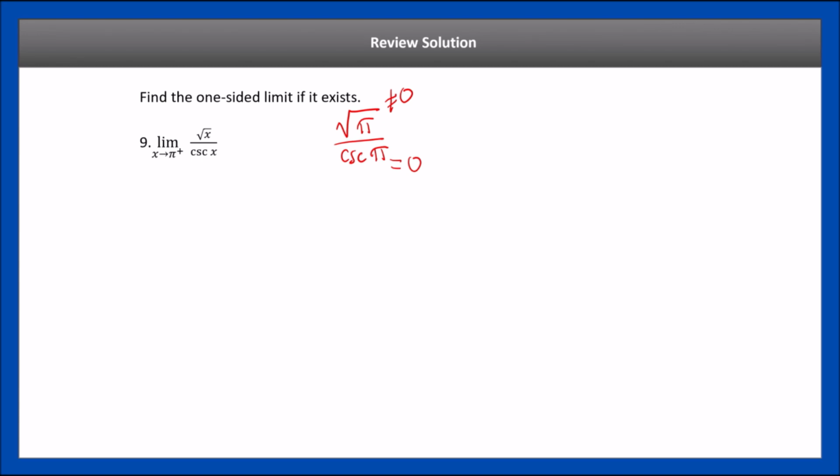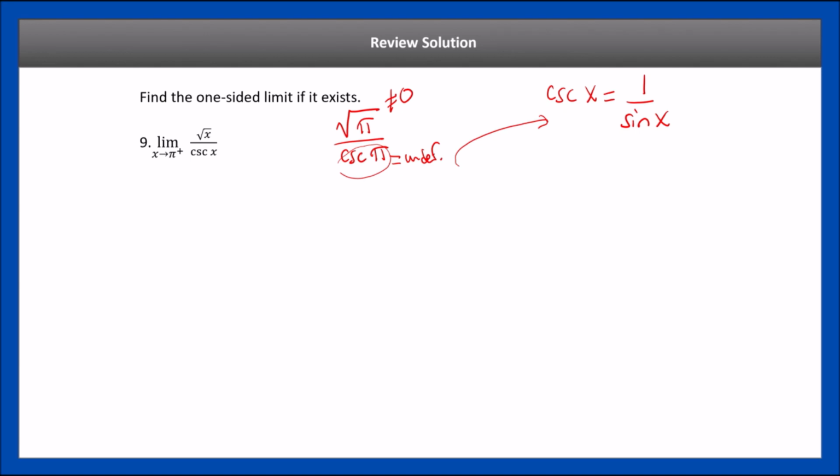However, the denominator is going to be, so remember cosecant, let's recall what cosecant is. Cosecant is 1 over sine, right? Cosecant, sorry, not cosecant is not 0. Cosecant is undefined. That's what I was trying to say. So cosecant itself is undefined because of this. So cosecant is 1 over sine, right? So if I try plugging in pi into there,